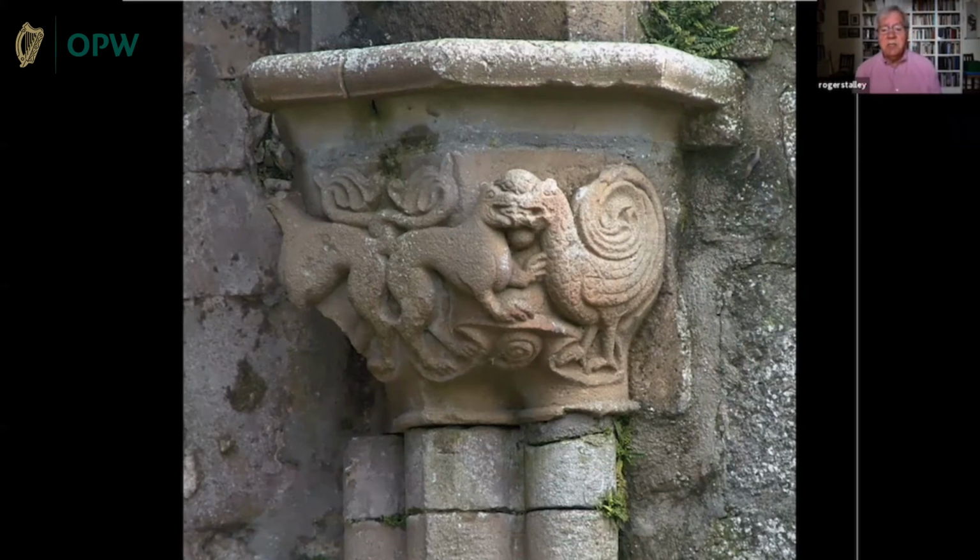And how skillfully he's done it, as you can see here, with a symmetrical design. There are two dogs, I think, maybe dogs, in the center, and they've got tails, but as so often happened in medieval sculpture, their tails miraculously turn into leaves, or palm leaves, it looks like. And then around the side, there's what I think can only be a cockerel with that spectacular tail. But can you see the tail goes off into a curving, circular movement with little lobes, very reminiscent, of course, of ancient Irish art. You'd have no mistake in saying this is an Irish piece of sculpture,